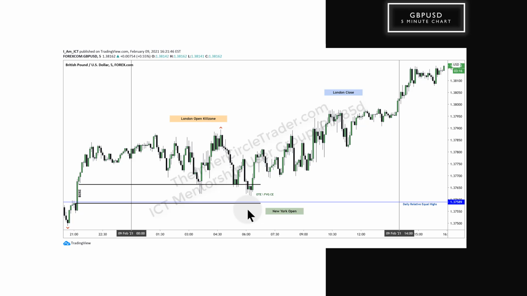Now, are there times when you can use the 6 o'clock in the morning for early entries? Yes. If this market wasn't performing like this, if it traded below here and down into the buy side imbalance, sell side inefficiency, yeah, I would be buying that even ahead of 7 o'clock in the morning. Well, why would you want to do that? I'll teach that later in the core content lessons. Just know that there's reasons for me doing certain things, that I give you these rules and these ideas